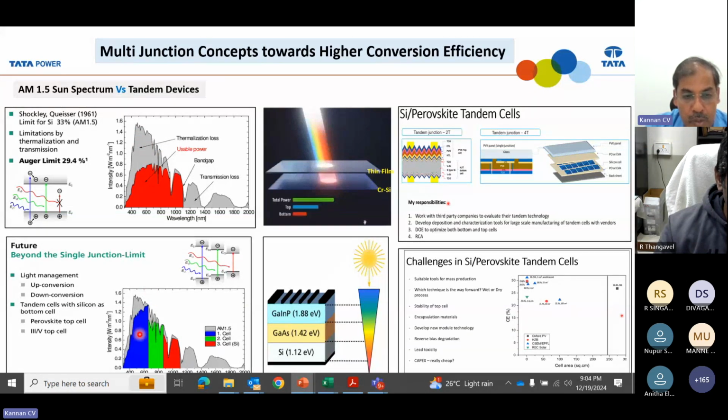So by doing so, this is the solar cell, for example, cell 1, the first, top cell. The band gap of this material is very high. Then the second material's band gap is lower, and the third material is further down. By adding different materials, for example silicon at 1.1, if you add another material called